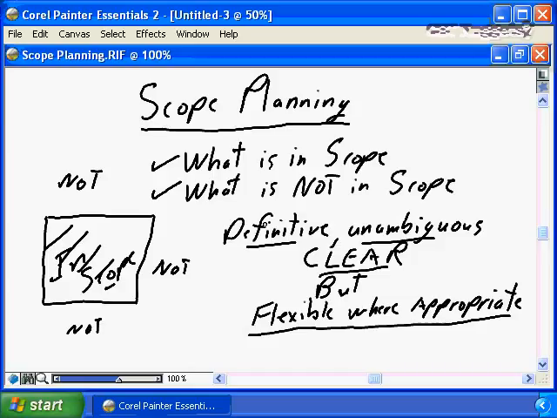You do not need to define early in the scope planning process the exact colors. You do not need to define the shade of blue, the shade of green, or even whether it is blue or green that is going into the master bedroom versus the second bedroom versus the third bedroom. So it's definitive, 3 coats of paint. It's unambiguous, it's paint. It's clear. Everybody understands what paint is. There is no doubt as to what the definition for the scope for the home is going to be, but